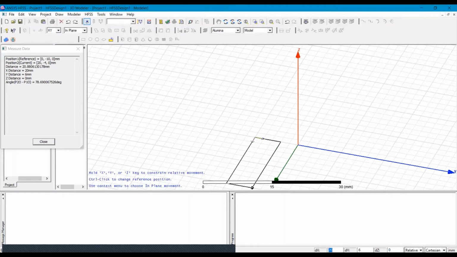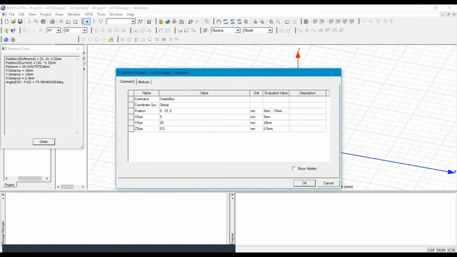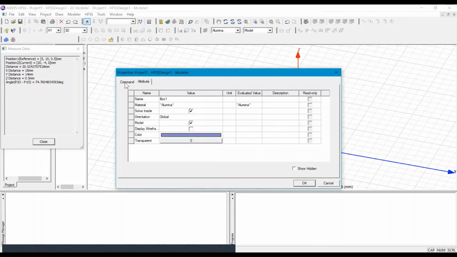Then we will give the dimension of the box. On the x-axis it is 5 mm, on the y-axis it is 20 mm, and on the z-axis, the height of the substrate, is 0.5. Pressing Enter, we will get all these values in the properties. In the command attribute we will give the name, which is substrate.